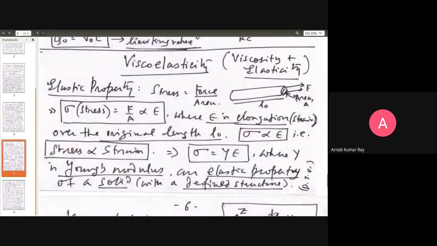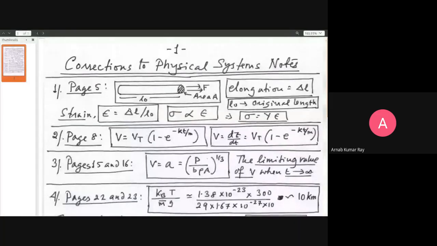I told you about this thing. Epsilon is the elongation over the original length L naught. So I'll just discuss that a little. Just a minute. Okay. I hope you can see this thing. If not, you can immediately let me know